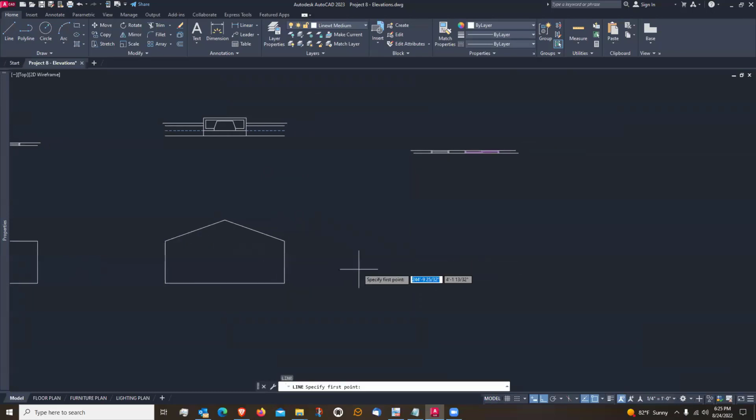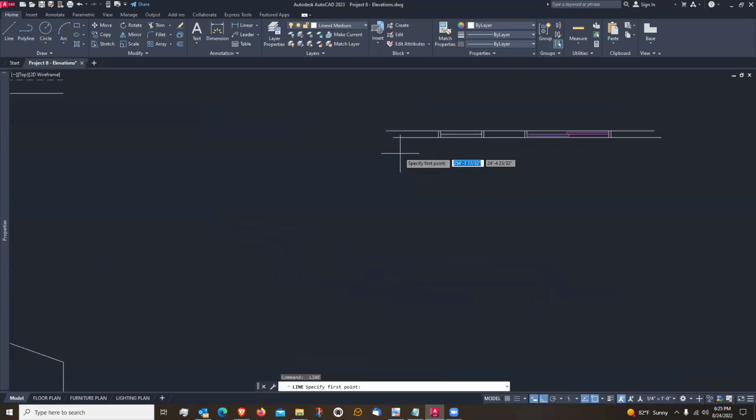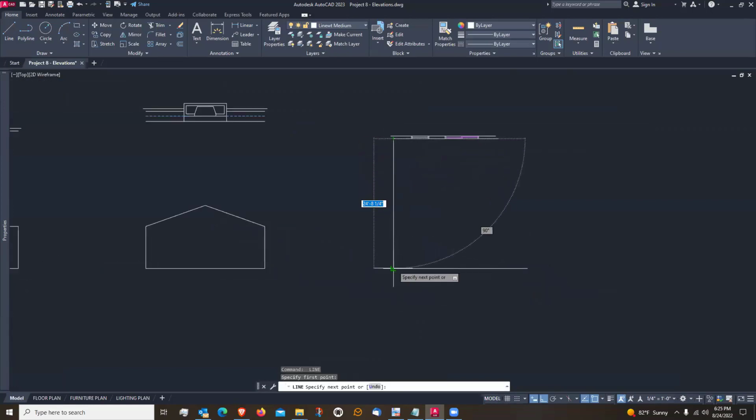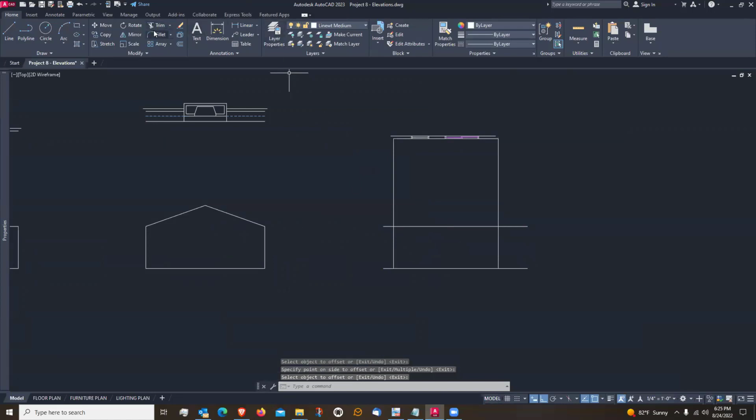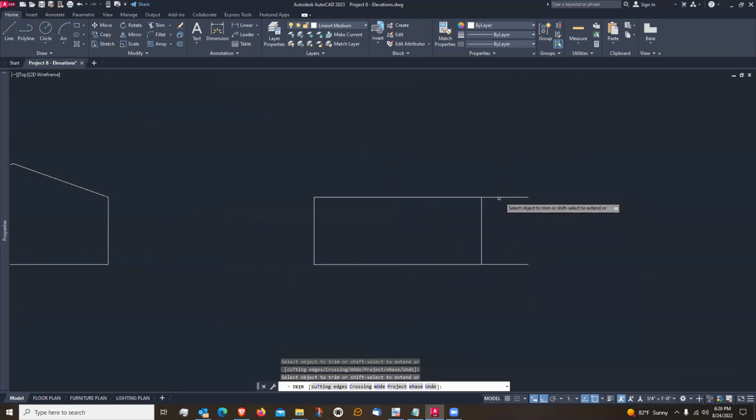So now let's just do the last one. I'm just going to do the same thing. I'll just offset 8 feet again. And then this time I'll trim. And you know what? Actually, I'm going to leave this piece of line and this piece of line. So why? Well,